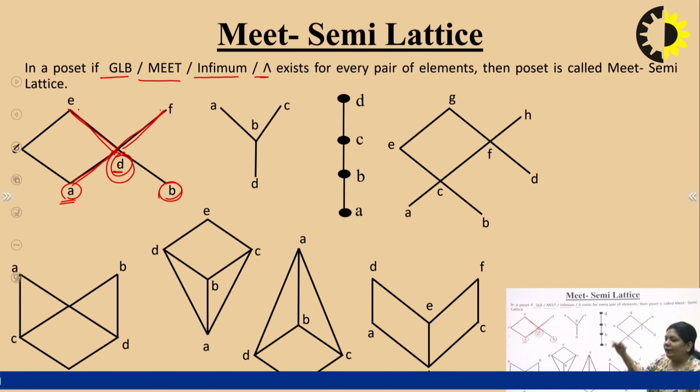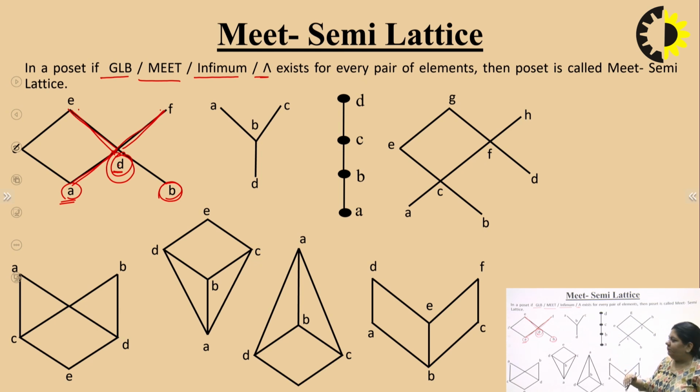Next, we have to search for a single bottom in the meet, because we have to find the lower bound, and the lower bound is always at the bottom of the Hasse diagram, at the very start of it. So we have to find the greatest lower bound just below. For this, we have to search for the single bottom. If we do not have a single bottom, we are not able to find the meet. So here we have a single bottom. What is the meet here?